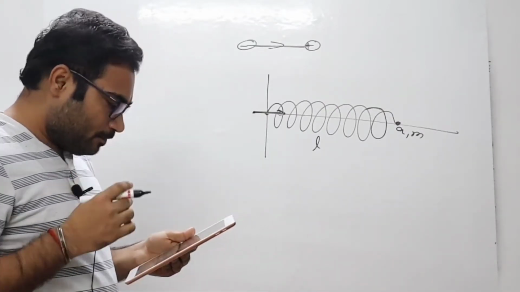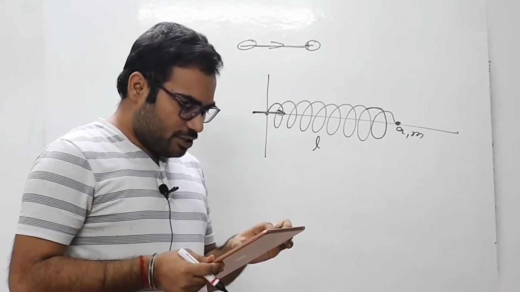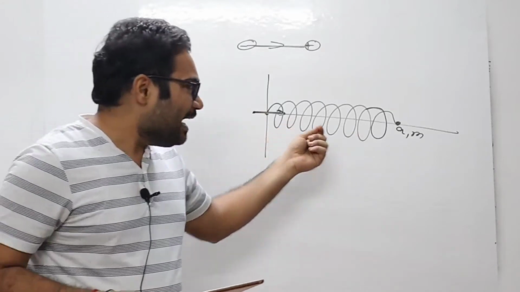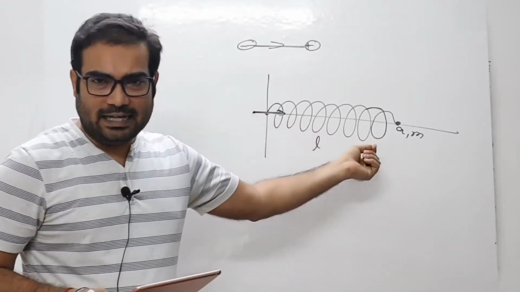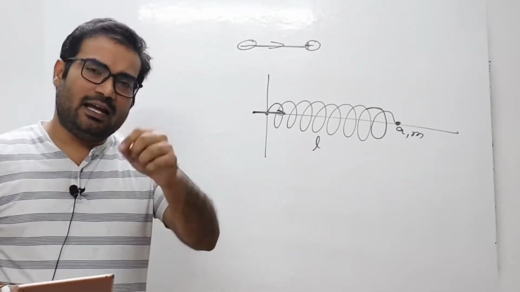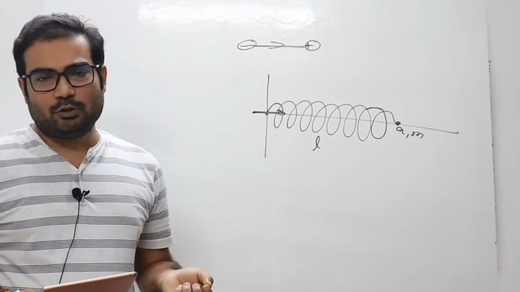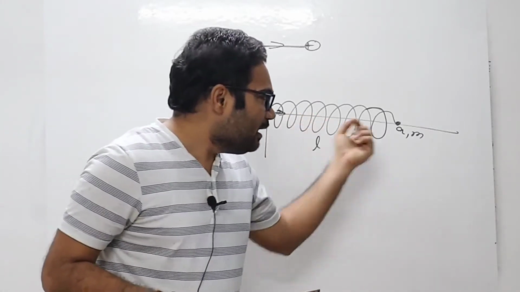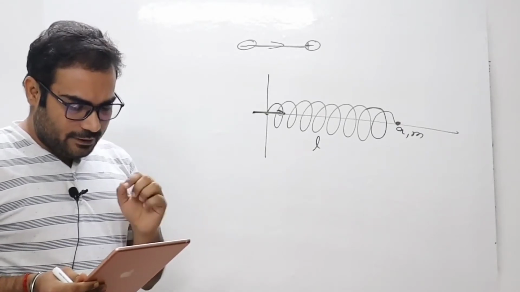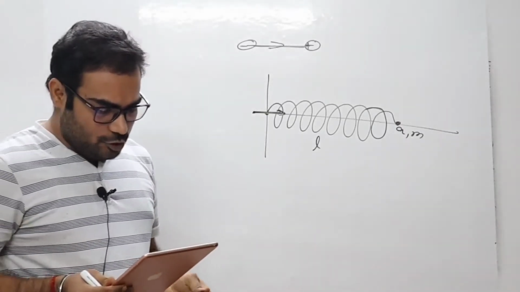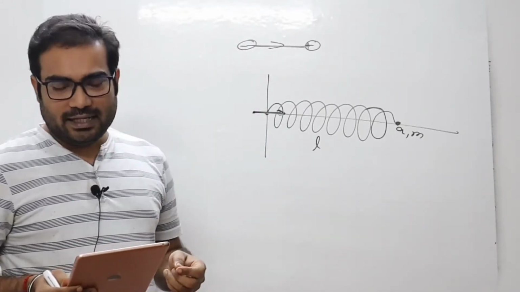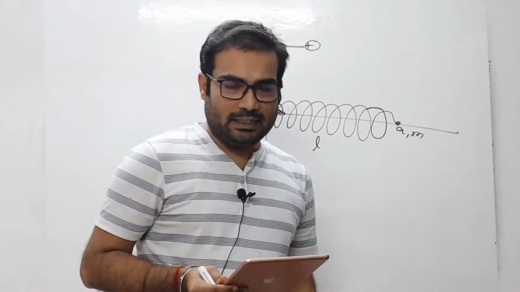From this situation, now this spring is slightly stretched by delta L length, meaning this charge q is slightly displaced by delta L, and this charge is released from this position. Then this charge starts to oscillate as SHM, and you have to calculate the frequency. In the question it is found to oscillate at frequency 1 by delta root under k by m, and you have to calculate the value of delta.